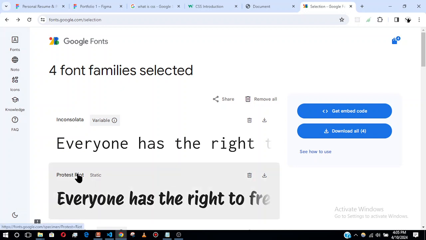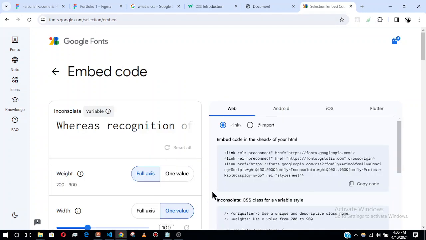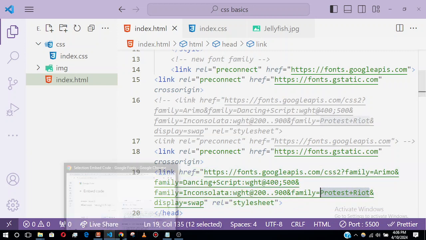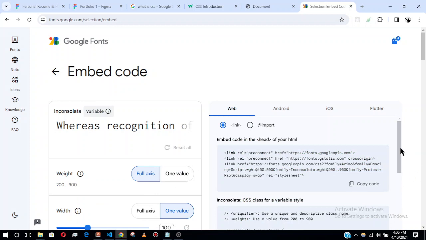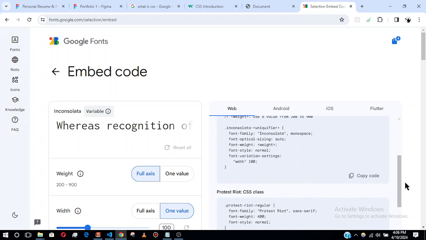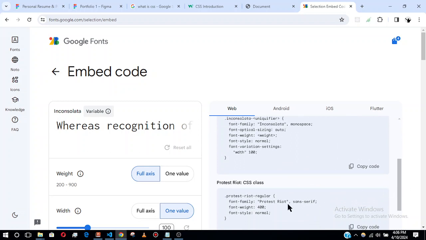Okay, it's Protest Riot. So if I copy this, or just to be sure, come back here, we're going to see how to apply it. So it's Protest Riot like this. So if I just copy this line of code,